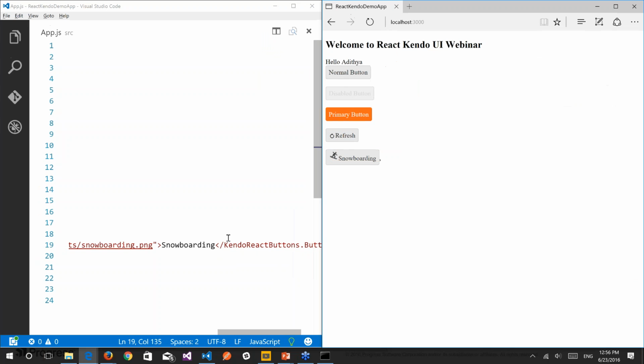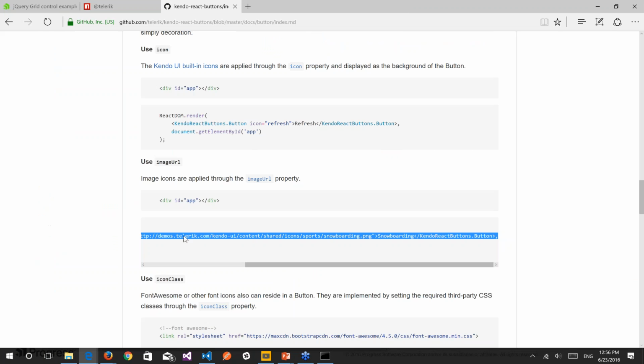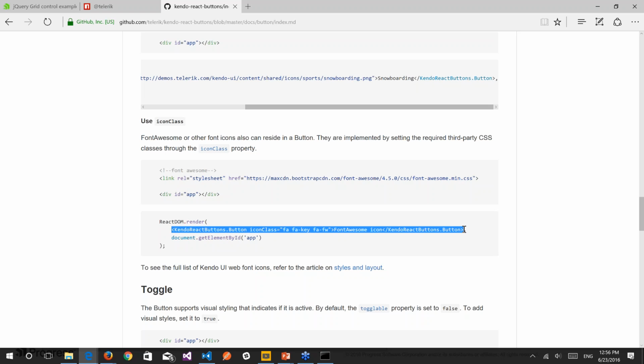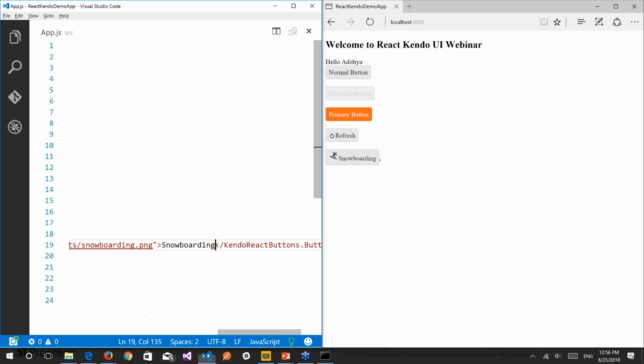So you saw me loading it from an icon. You saw me loading it from an image. And then you can actually create a style sheet and then use that. If you see here, icon class is FA. So this is another interesting thing. Font Awesome provides you certain CSS classes which you can use to get an icon on your element. So I can now come in and just directly say, hey, I want to use this particular icon called,